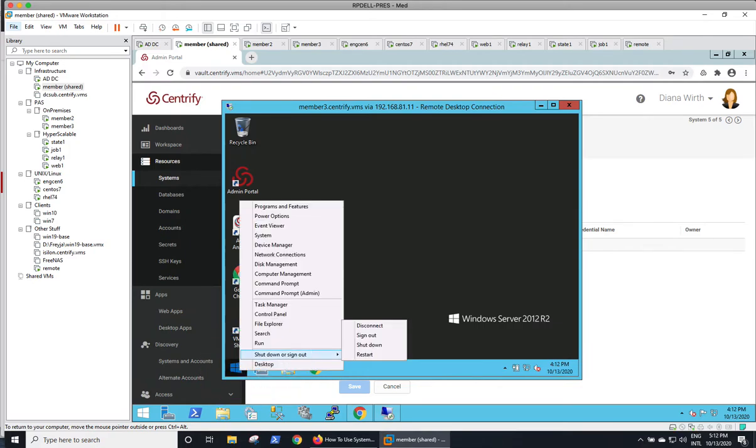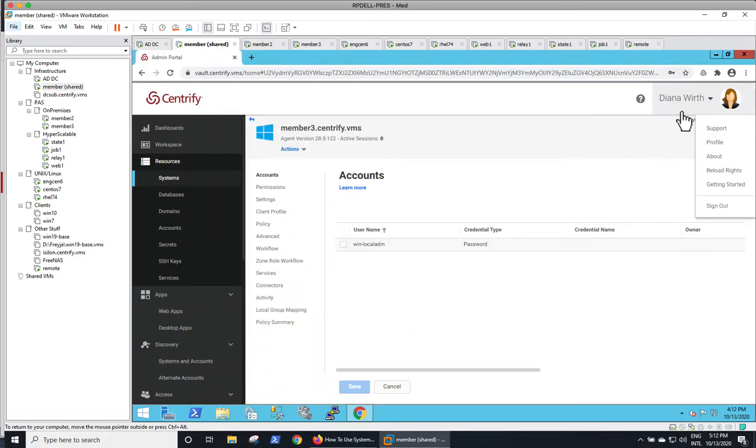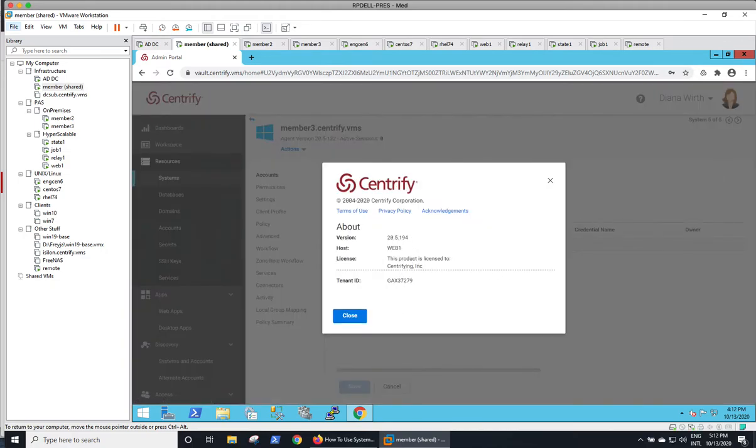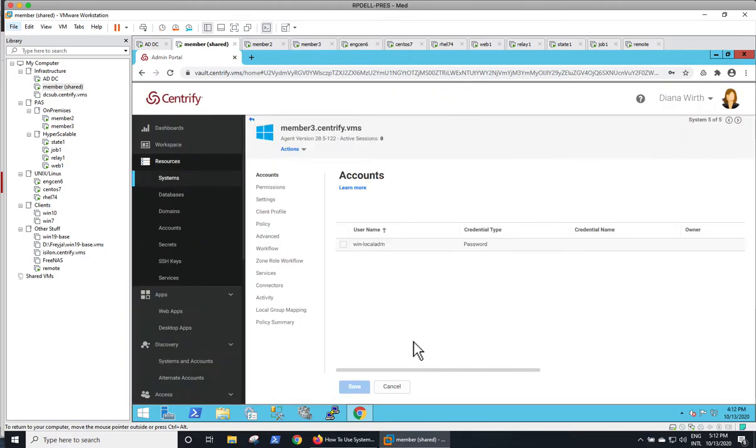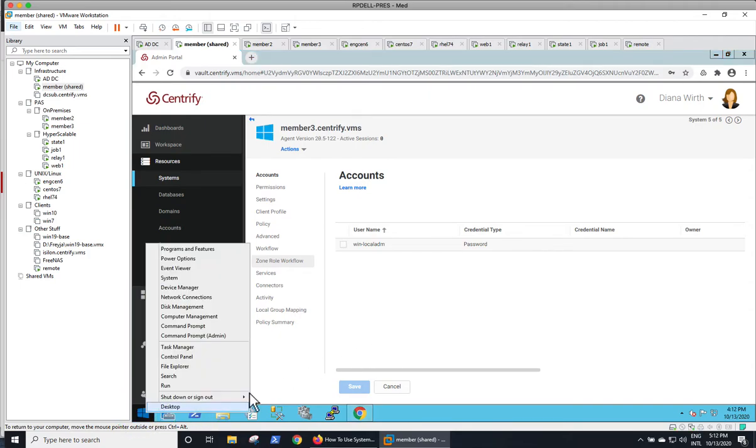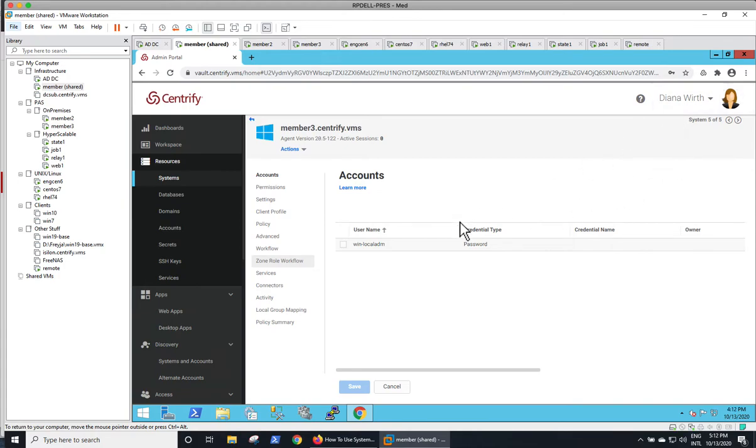With 20.5, and this tenant that you're seeing here is using 20.5 and connector 20.5, you have the ability to not have to visit this portal and still be able to enforce multi-factor authentication, use of shared accounts, use of manual login, use of -A accounts, and use of workflow, as well as proctoring and auditing if direct audit is installed. So the way you would use it is, you notice that I'm using Diana, who has access to this